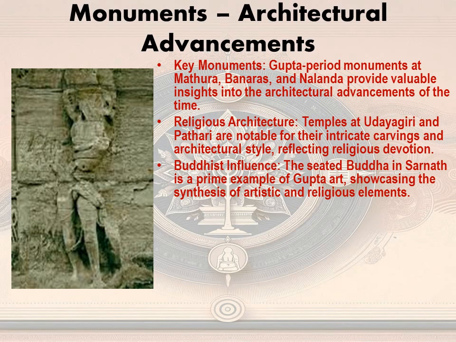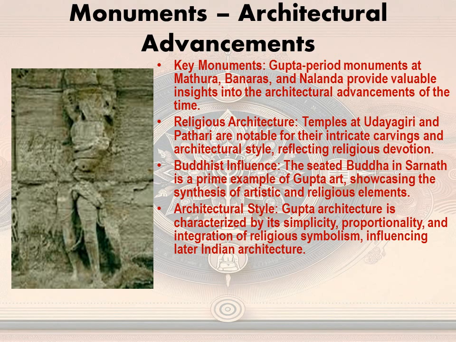The seated Buddha in Sarnath is a prime example of Gupta art, showcasing the synthesis of artistic and religious elements. So, the seated Buddha sculpture at Sarnath is one of the most important evidences of Gupta art, and it has both religious and artistic elements in it, and we also get to understand the religious tolerance of the Gupta period from these Buddhist sculptures. Gupta architecture is characterized by its simplicity, proportionality,